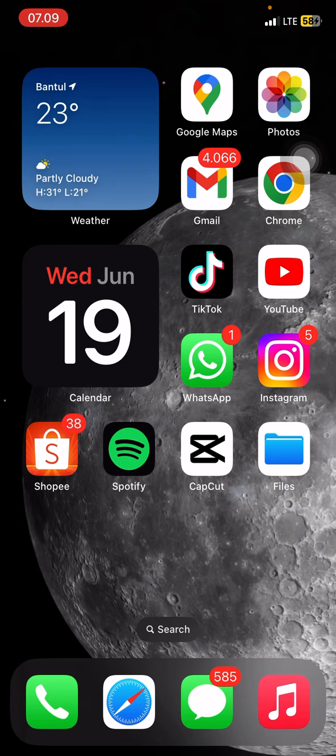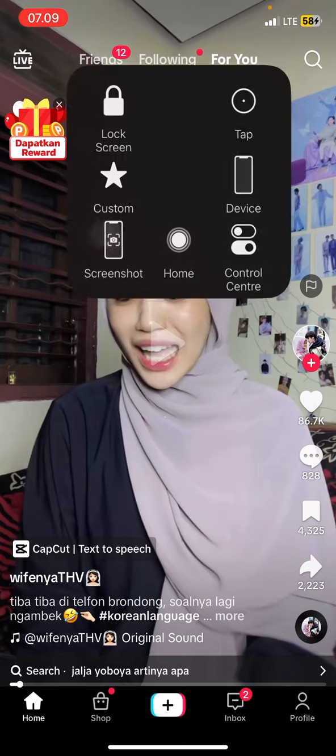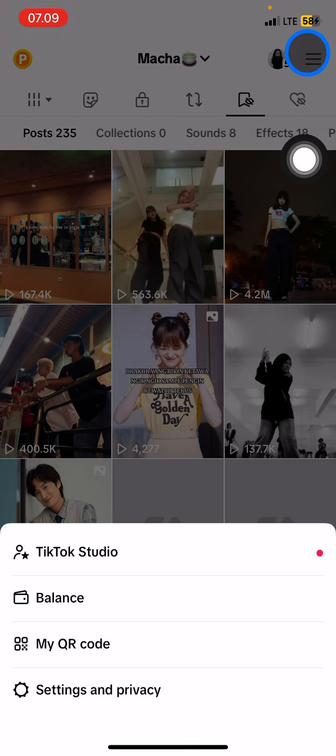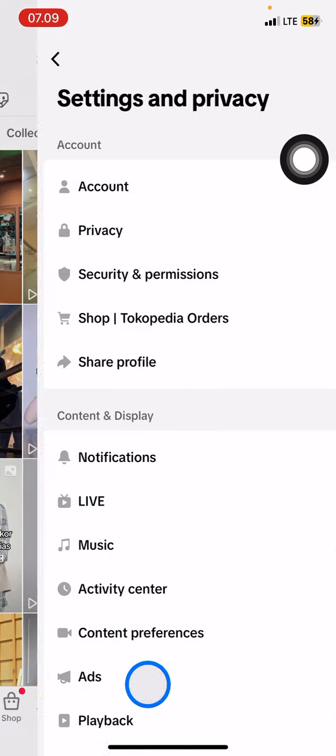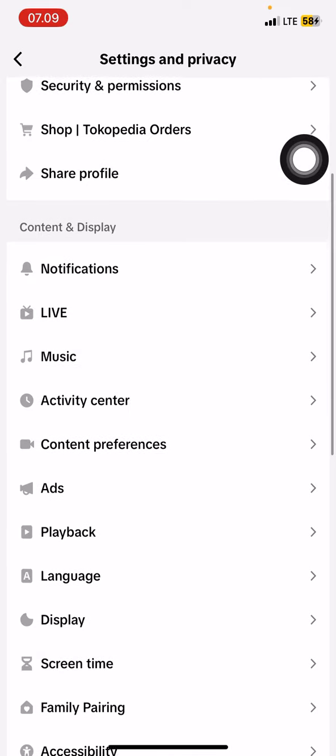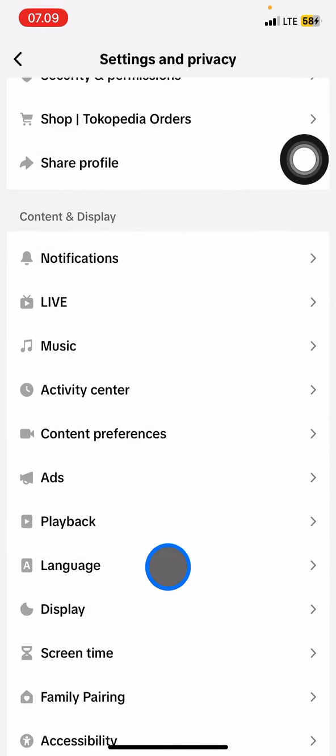So you just need to open your TikTok application, and the next thing you need to do is visit your profile, and now tap the three straight lines on the top right corner of your profile and click settings and privacy. And the next thing you need to do is find the activity center, and then tap on it